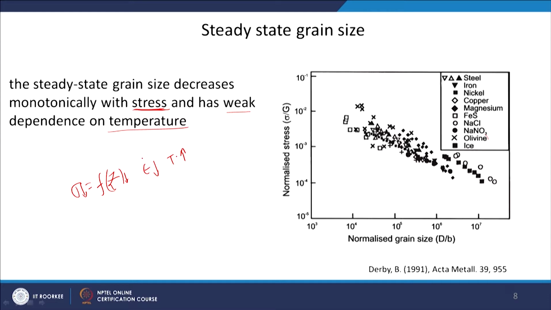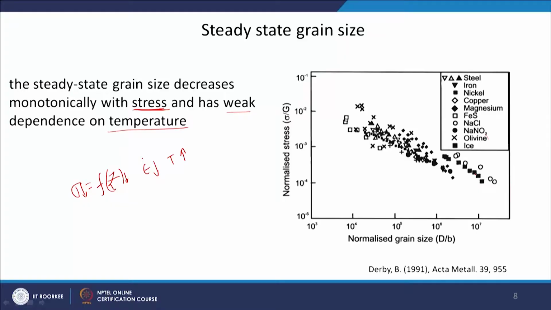Lower strain rate means, as we have seen in the nucleation equation, the strain rate was in the denominator. When you bring down the strain rate, your generation of dislocation density will be that much slower. So, you will attain a larger steady state grain size; the grain size which you get after recrystallization will be more. Similarly, at high temperature mobility will be more, and the driving force will be more. You will have higher grain size as you go toward lower stresses. So, this is the dependence between the grain size after recrystallization and the stress values.